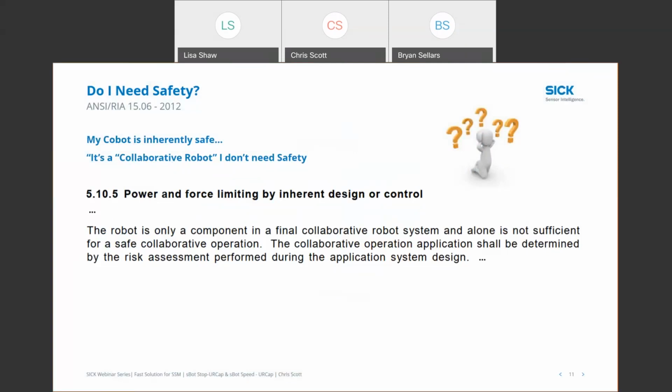It says that component, power and force limiting, you need to understand that the robot is just a component of the final collaborative robot system. And power and force limiting on its own, on just the robot, is not sufficient for safe collaboration, right? We need to take the entire application into account. You need to consider the end effector. You need to consider the material being interacted with, and so on. You need to look at the whole process in general, right? How people are interacting with that system, right? And you do that via a risk assessment, right? So at a very minimum, you should be doing a risk assessment to make sure that power and force limiting